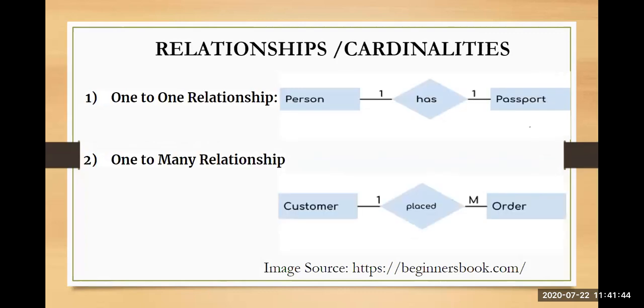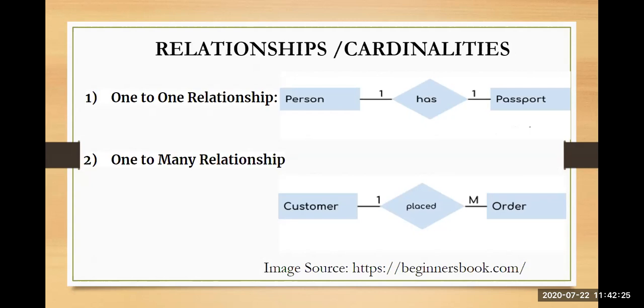Next we are coming to your relationship, which is also called cardinalities. Whenever I talk about a relationship, it tells how one entity is participating with another entity and making a relationship. If it doesn't have a relationship, how are they going to communicate and interact with each other, and how will the mapping take place between your entities? That is why it is very important that there be a relationship between your entities. A relationship is represented as a diamond shape in your ER diagram. You can see here the diamond shape in your ER diagram.